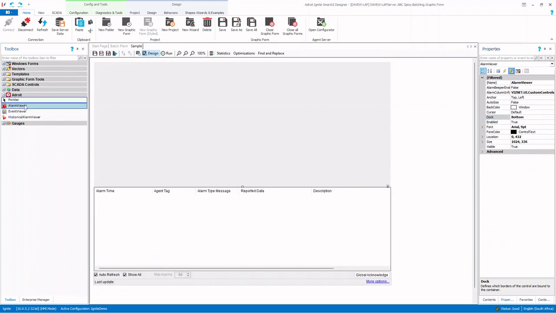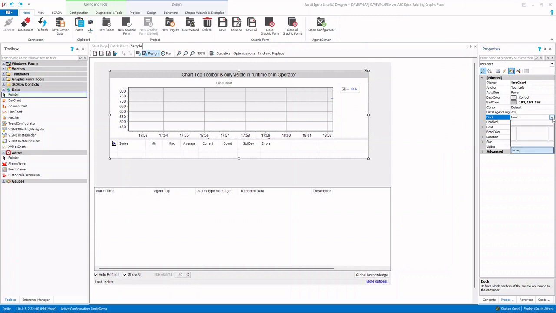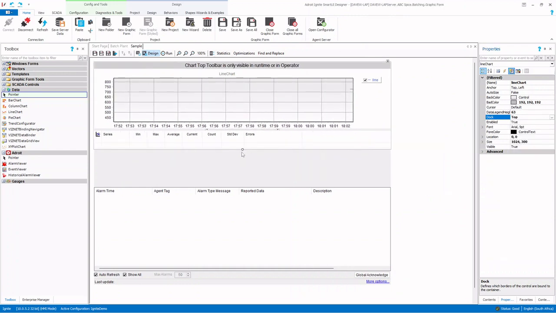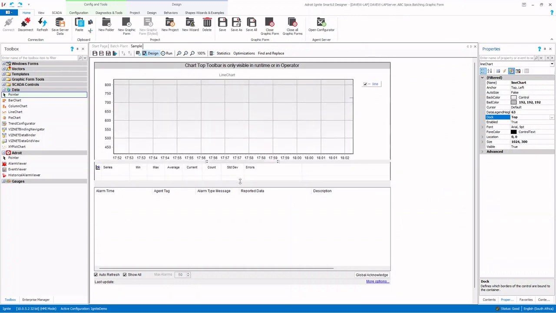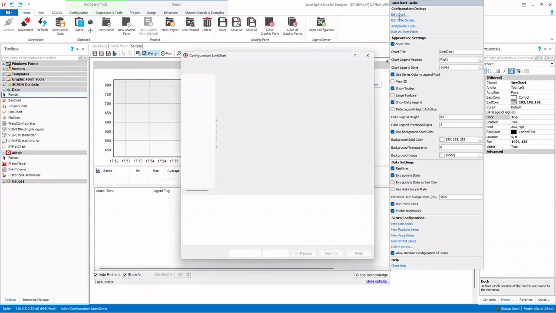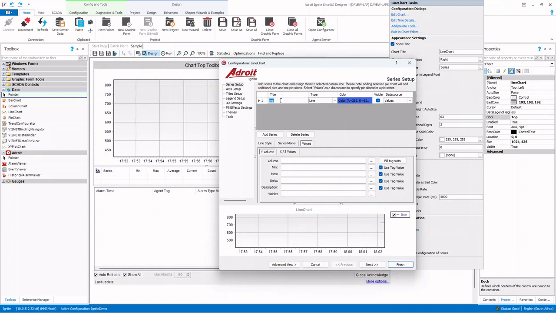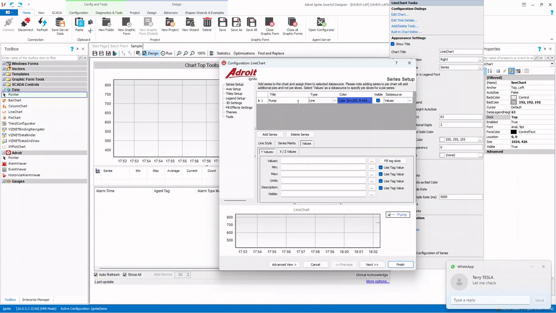We're going to take under data a trend chart. We're going to dock this to the top, and I'm going to just stretch that to give me a bit of real estate. So now I've got a trend window and I've got an alarm window. In the trend window, if I want to edit the chart, there are many configuration aspects to this. I'm going to just put in the pump current,